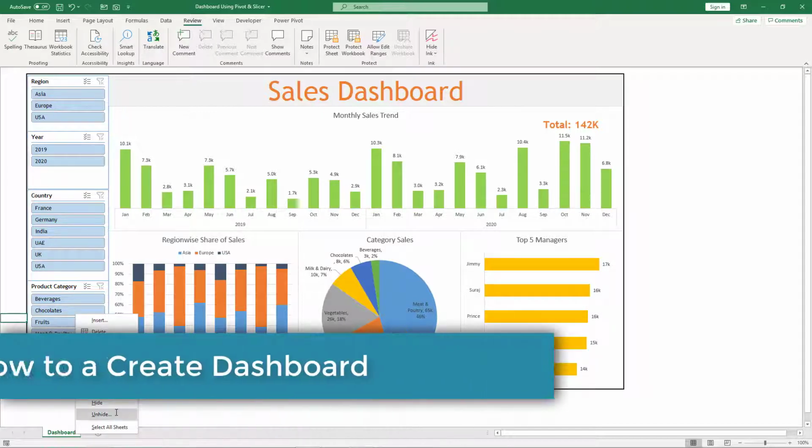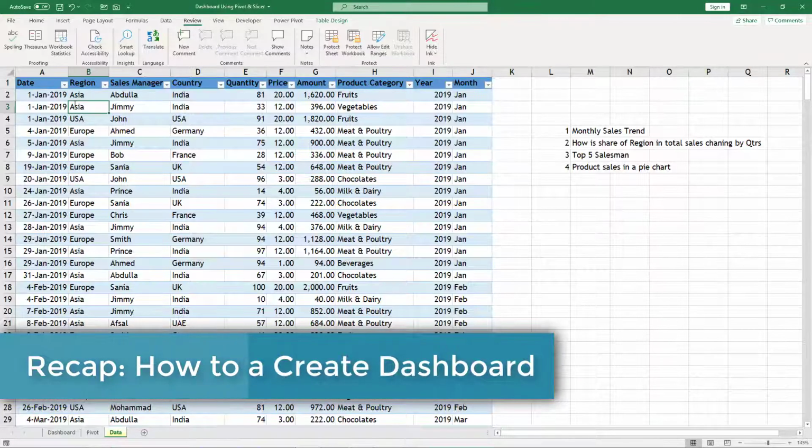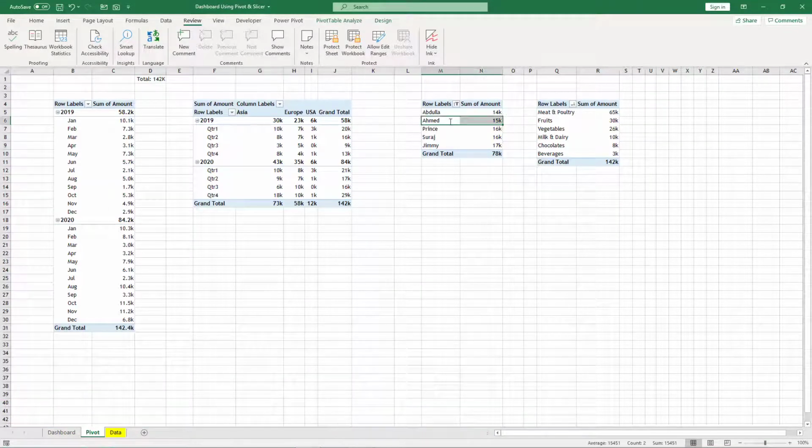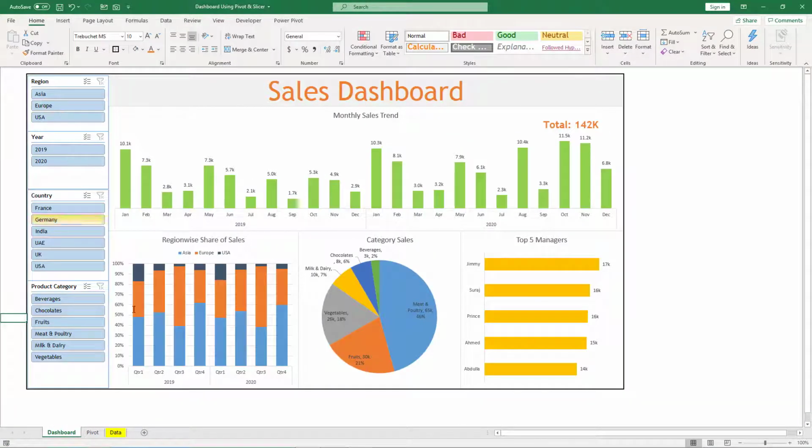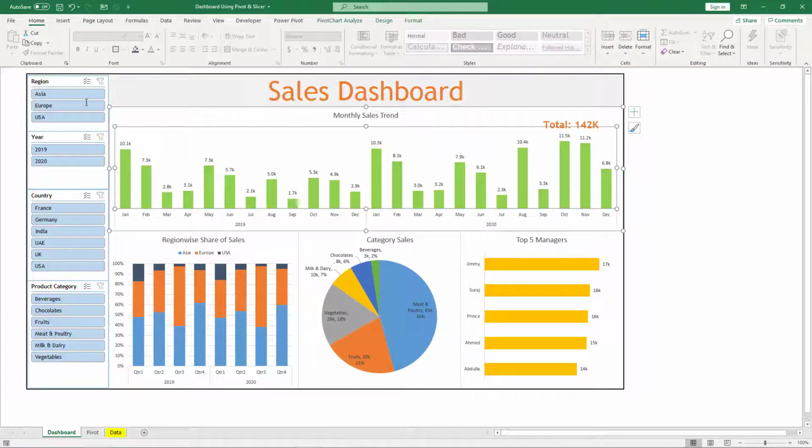Now just to recap the process, you should have a data set, convert the data into a table, then create pivot tables, 3 or 4 pivot tables which can answer your questions from the dashboard, and then create pivot charts by going into PivotTable Analyze and pivot charts, and place the charts on this layout, arrange them, clean them, okay, display data labels, and then add this total, insert slicers.